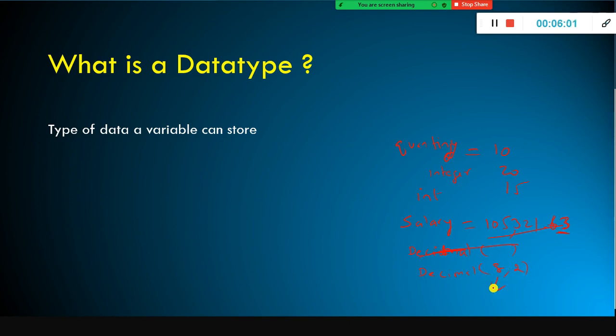What does this 8 say? This one says, hey, I can accommodate 8-digit numbers in this variable salary. I can accommodate in total 8 digits. That means of the 8 digits, 2 digits are reserved for decimal value. For example, here in the case of salary, if I define it like this, decimal(8,2) as a